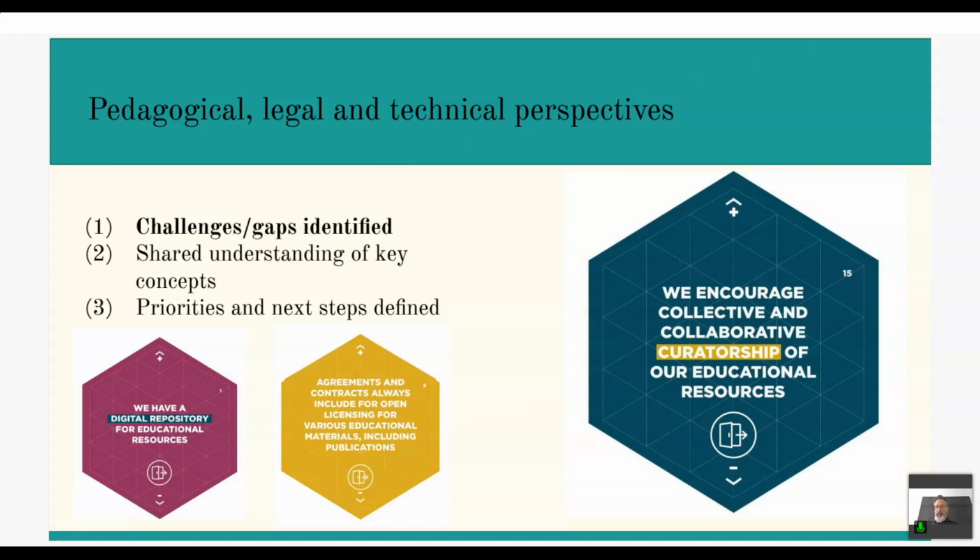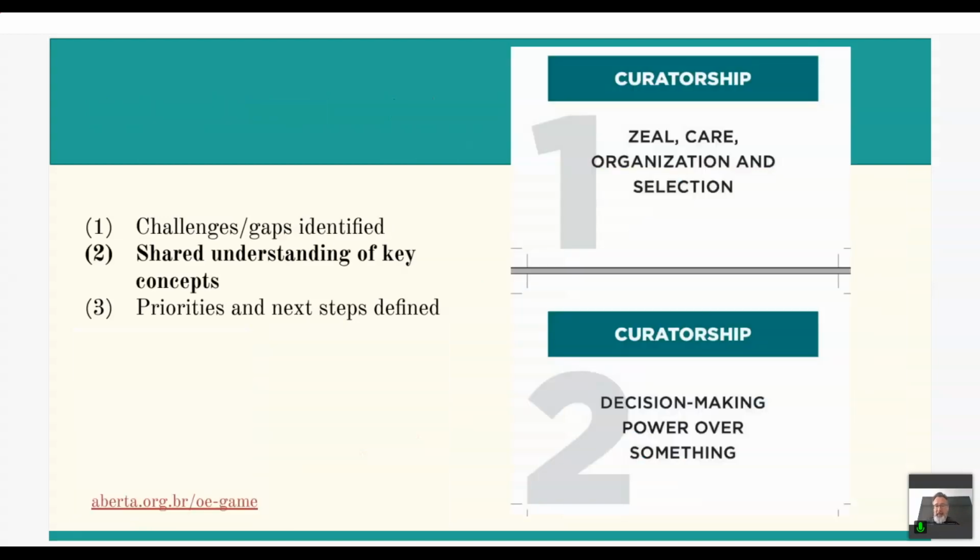And this whole group, not just directing the question to one of them, we would ask this challenge and say, do we encourage the collective and collaborative curatorship of open educational resources, for example? And everybody has to debate. But before they debate, they have to answer the question of what is curatorship? Do they know what that means? They have to debate that first and say, well, what does curating mean to you? And they'll have a debate about the term first before they even decide whether this is something that they have or not.